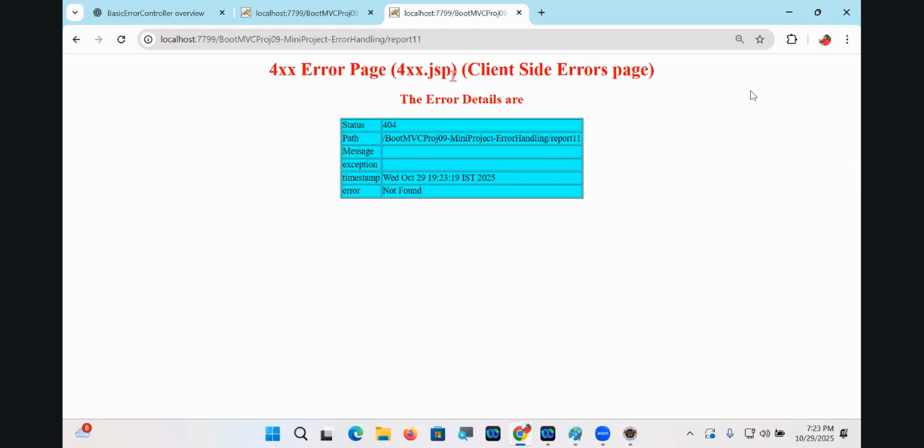Second priority goes to what? Error series pages: 4XX, 5XX. Third priority goes to what? The global error page, error.jsp. Fourth priority: if all are not there, the default white label page. Now you tell me, in the mini project implementation, I have taken a try catch block